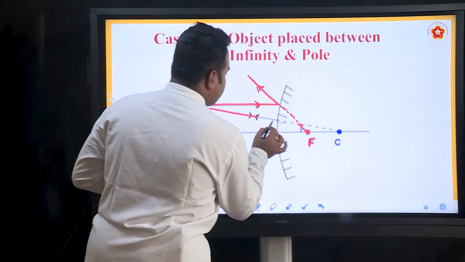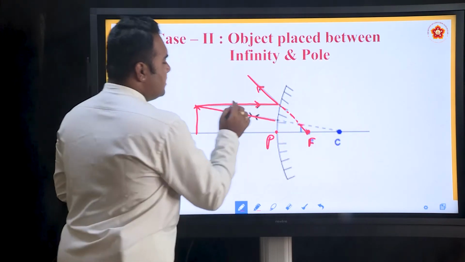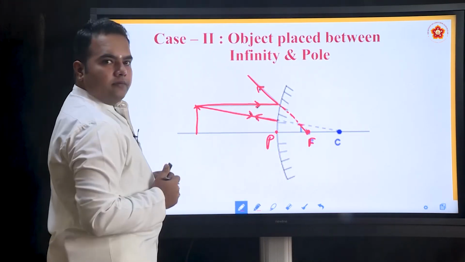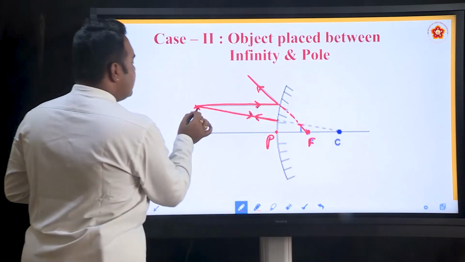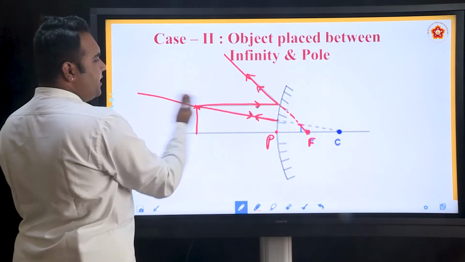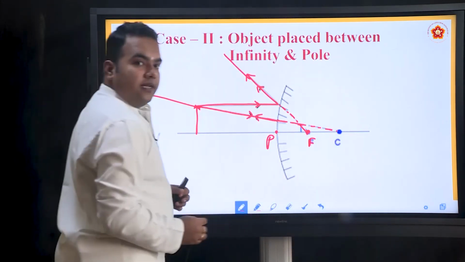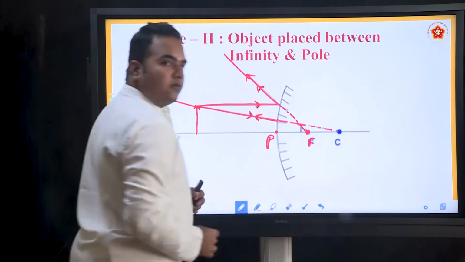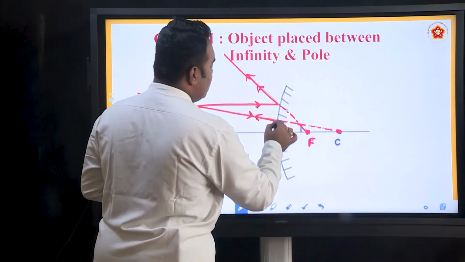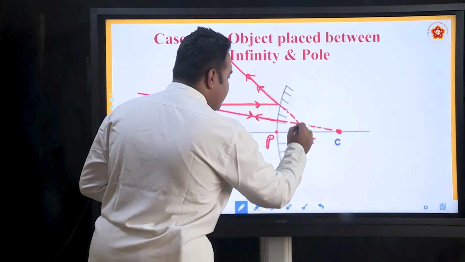Another ray of light is directed along the axis of the center of curvature. This ray of light, after the reflection from the mirror, retraces back along the same path. So, this ray of light is going like this, and this ray of light is going like this. These two rays never meet on this side of the mirror, but what happens if you extend this inward, it appears that the second ray of light, which is along the axis of the center of curvature, appears to pass through the center of curvature. So, check where these two lines appear to meet. They appear as if they are meeting here, which means what?